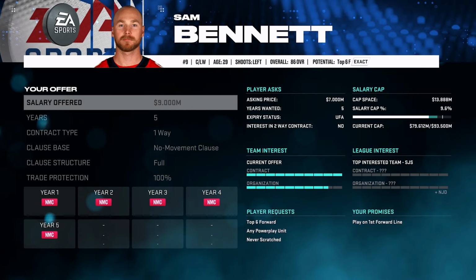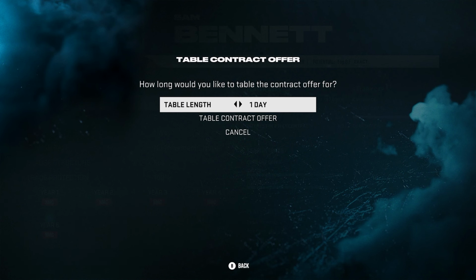You can also table the contract as well. So if you think you've negotiated a deal with the player to the sense, but you want to try out and sign another player just in case, you can table the deal. There is a risk to this, obviously. If another team steps in and offers a contract to them, they may get taken and may sign with another team. So it's kind of a risk reward on your aspect of it too,